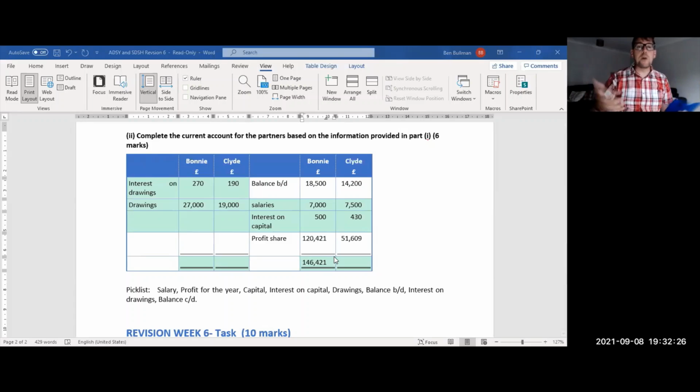Now, please just remember your basic principles. If that's the total of Bonnie's credit, for us to balance the T account, we want the same total on Bonnie's debit side. So the next number I would put in is the 146,421 as the total of the debits. And then work up and say, but at the moment, we haven't got enough on the debit side to balance our T account. So far, we have only got 27,270. So we now need to work out what would the missing number be that would get the total up to